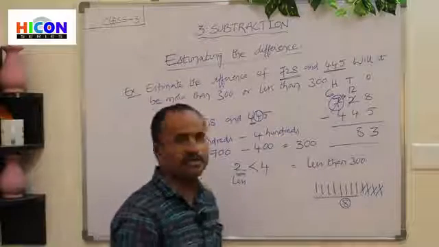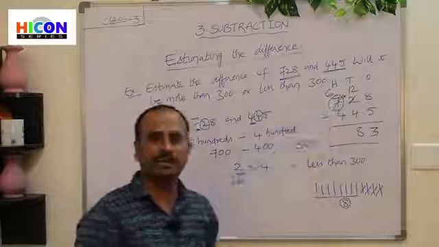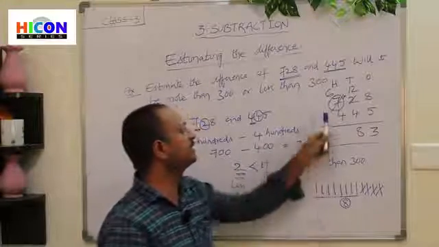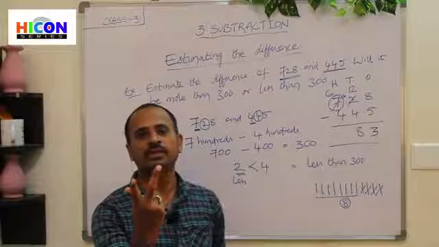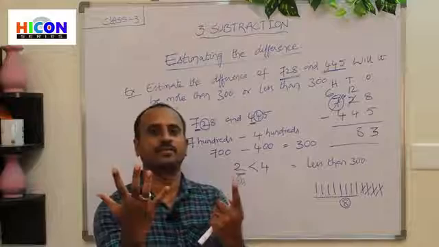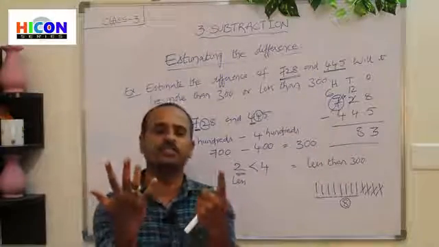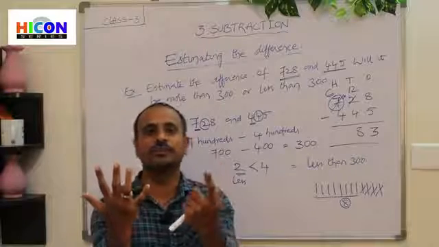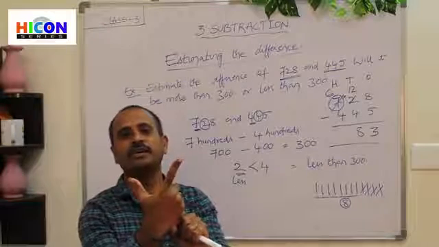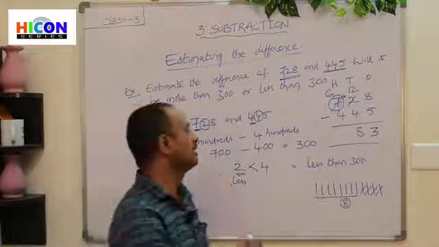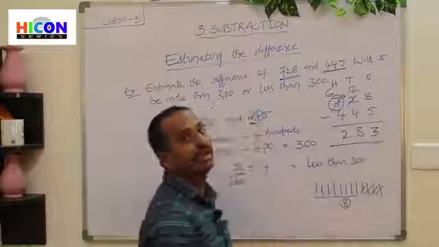Now go to hundreds place. What are the digits in hundreds place? 6 and 4 are present in hundreds place. So what is the first number here? 6. Open 6 fingers of your hand. 1, 2, 3, 4, 5, 6. And what is the second number? 4. So close 4 fingers among these 6 fingers. 1, 2, 3, 4. Children, how many fingers are remaining? There are 1, 2. So 2 fingers are remaining. So the answer is 283.